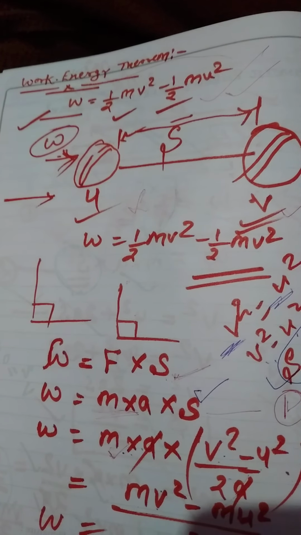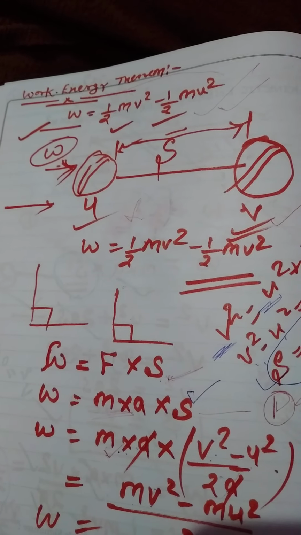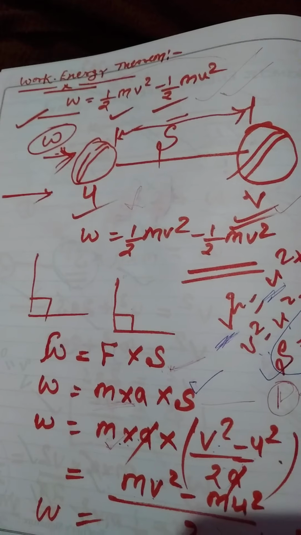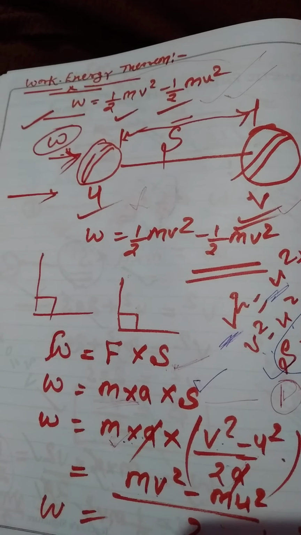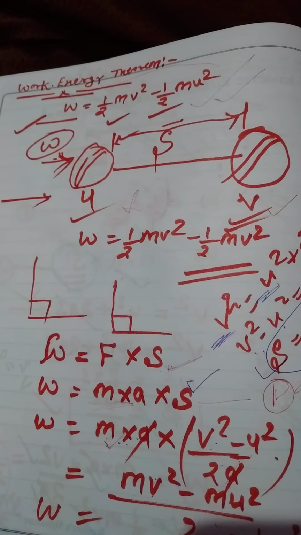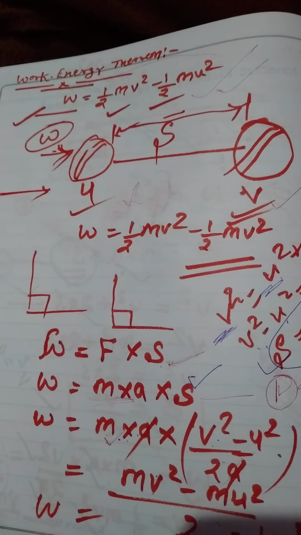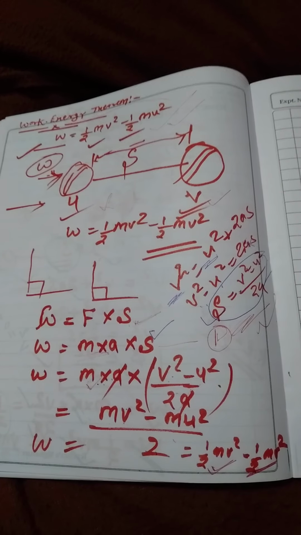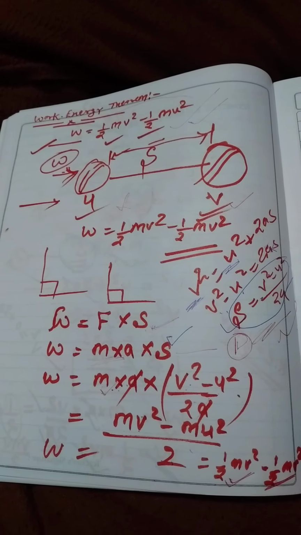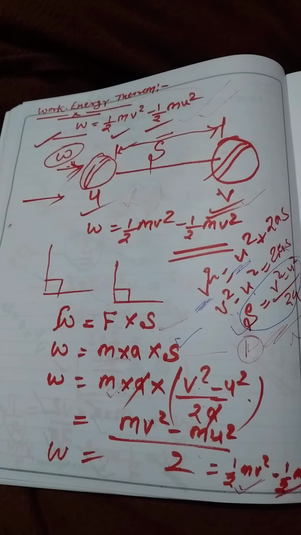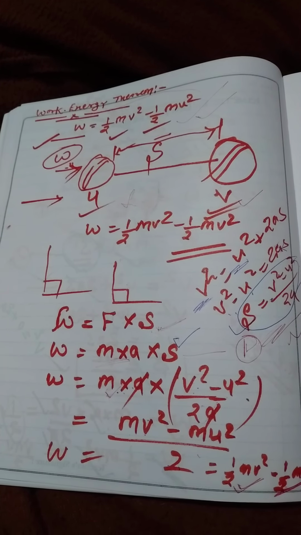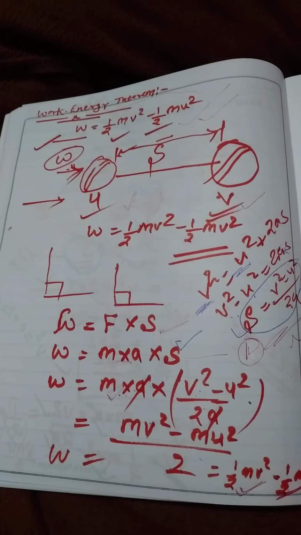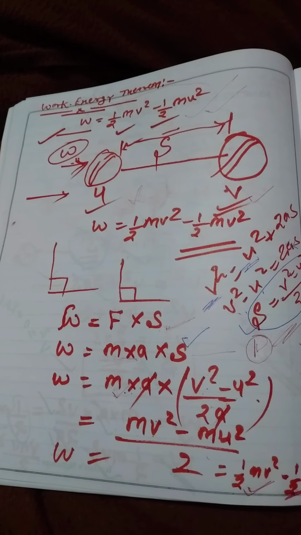So whenever any object remains in motion and we apply a force on that object, the change in the kinetic energy of that object is always equal to the work done by the applied force. Whenever you get numericals related to this, where an object moving with some velocity changes its velocity when we apply a force, and you are asked to calculate work done,